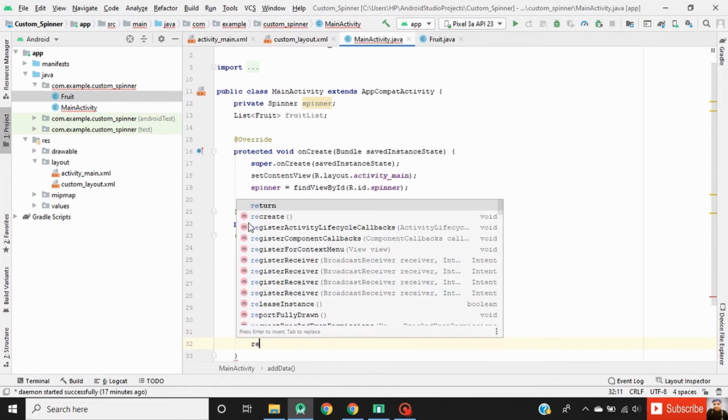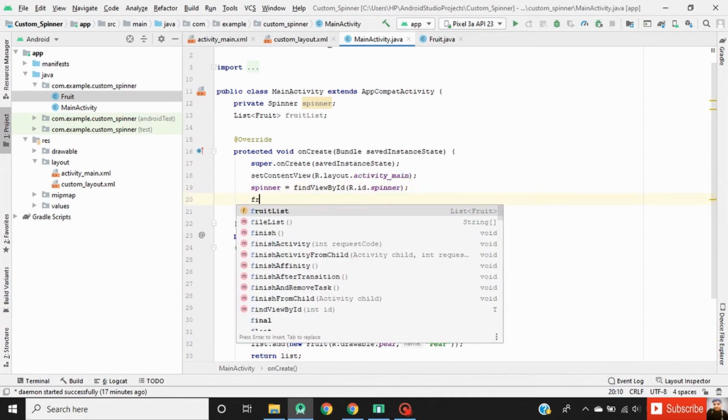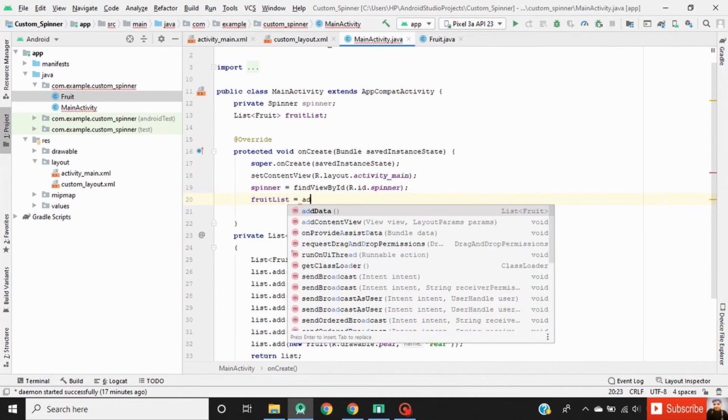Then return this list. Now add all this fruit information to our fruit list by calling the add data method.